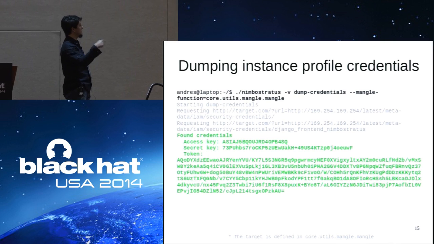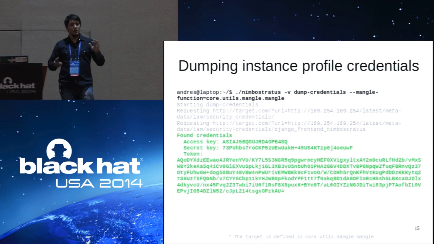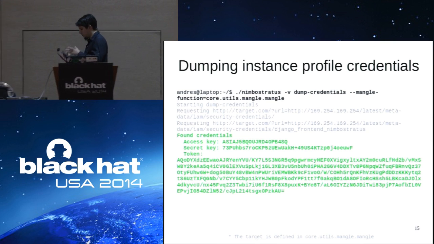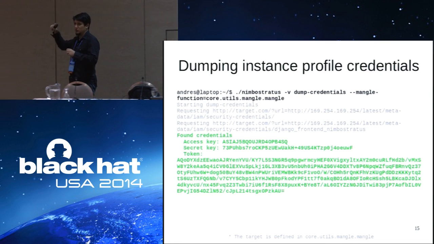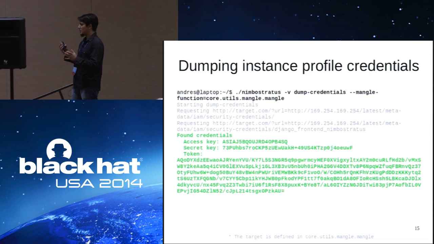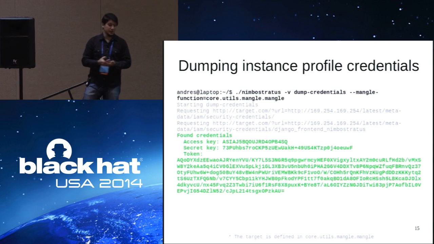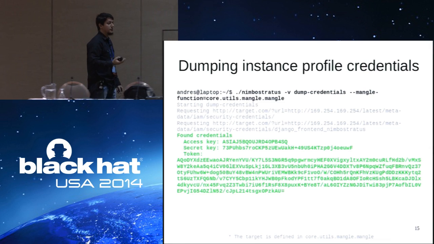You get the access key, secret key, and a token. If you configure those in your local workstation and you access Amazon services, you're going to be impersonating and you